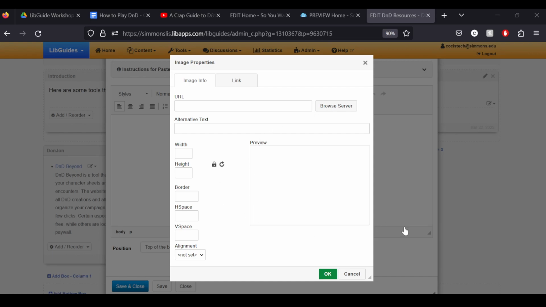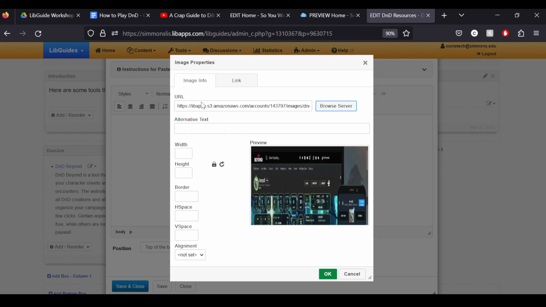And then I have some of these tools right here. This is D&D Beyond. Save. Oh my gosh. Here, let me delete this. Upload new image. It was already there, but let me re-upload it. So here we go. I've uploaded that image from my desktop,